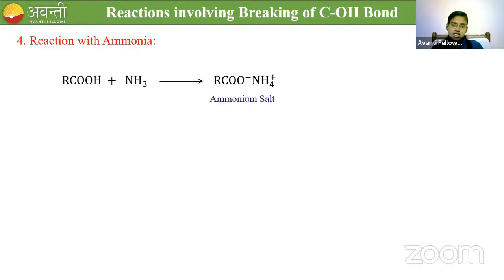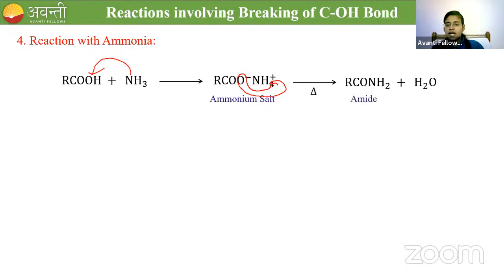So here take carboxylic acid and treat it with ammonia, NH3. So they will produce a salt, RCOO- NH4+. This NH3 will go and get coordinated with this. So we'll get an ammonium salt. Then if you heat this, H2O will come out and we are left with RCONH2. Amide is formed with the removal of water. Okay. So example,